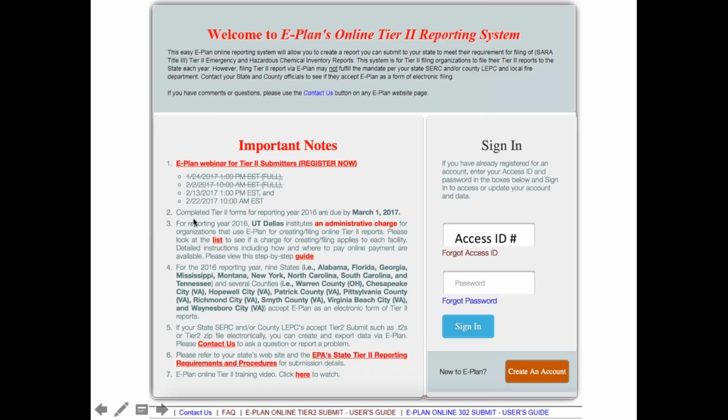Number 3, there is an administrative fee for those of you that are submitting in Alabama. That is $25, and that goes to the University of Texas at Dallas as an administrative fee. I will tell you right now that administrative fee must be received before the March deadline in order for you to be compliant in submitting your Tier 2 report. But you can use the online payment